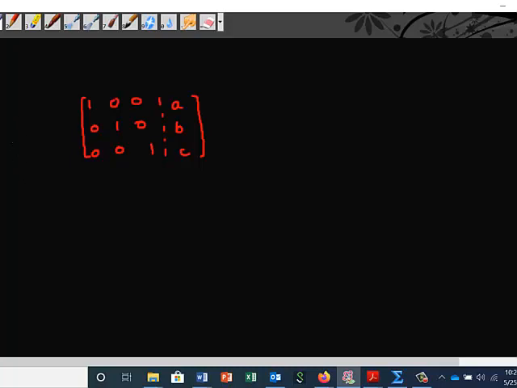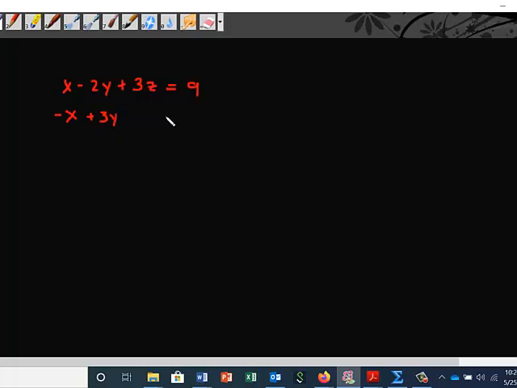So let's do an example. Say we're going to pick a system of equations and convert it. So x minus 2y plus 3z is equal to 9, minus x plus 3y equals negative 4, and then this will be 2x minus 5y plus 5z